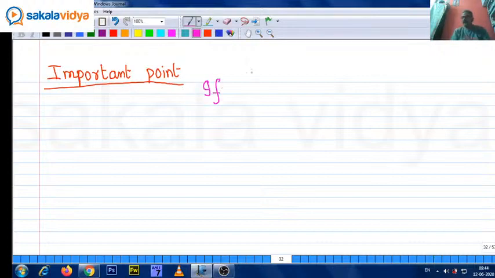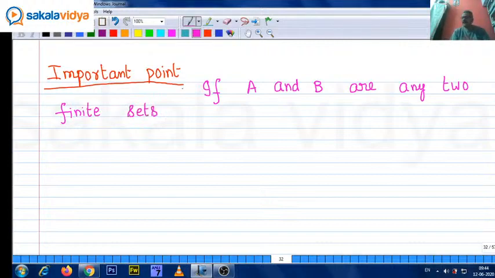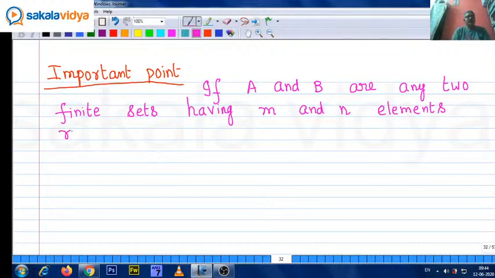If A and B are any two finite sets having m and n elements respectively, where 1 is less than or equal to n, n is less than or equal to m, then